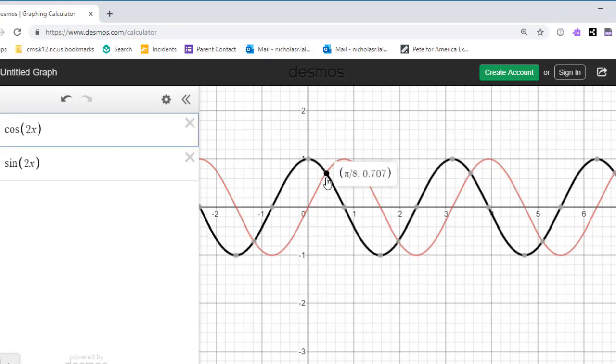One intersection is pi over 8. Another intersection is 5 pi over 8. A third intersection is